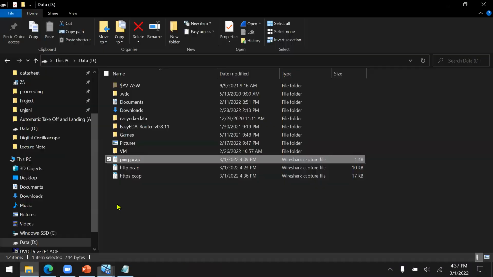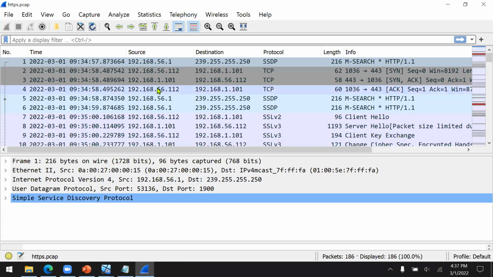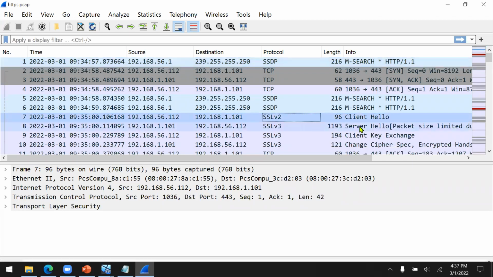Now let's try to open the HTTPS. Now, what is the difference between HTTP and HTTPS? The first one is that the client needs to exchange the key, because it has a public key infrastructure. Then the client needs to download the public key from the server.